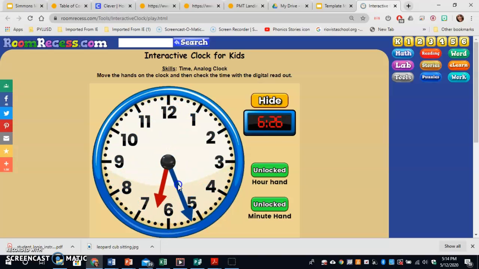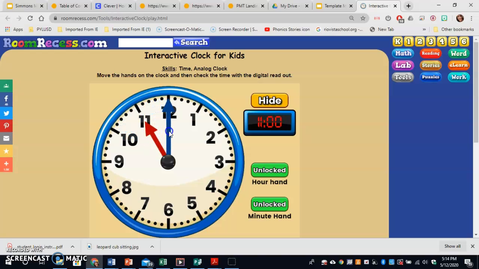6 o'clock, 6:30. Now this is where the hour hand starts to move up instead of down. It's past the 6, but it's not on the 7 yet. 6:30. 7 o'clock, 7:30, 8 o'clock, 8:30, 9 o'clock, 9:30, 10 o'clock, 10:30,